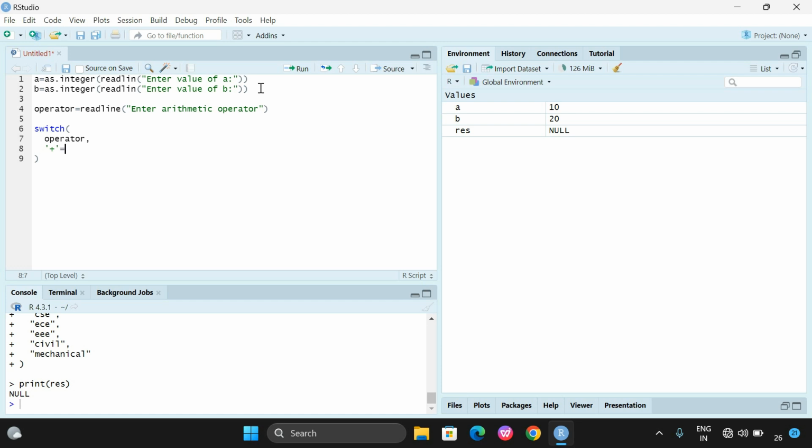Plus is equal to, so here we need to give the is equal to, which matches, and here I will go with cat. Sum is A plus B, and comma, the second case. So here all the cases will be acting as parameters to the switch function. Parameters should be differentiated with a comma. So first parameter and the second parameter: minus is equal to cat